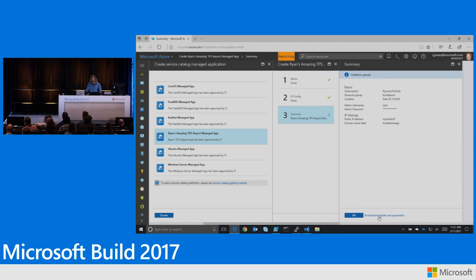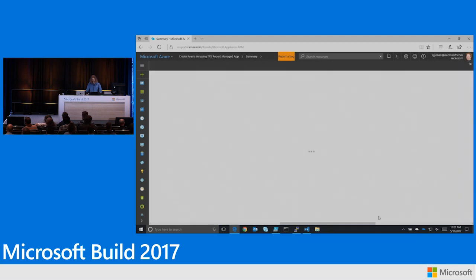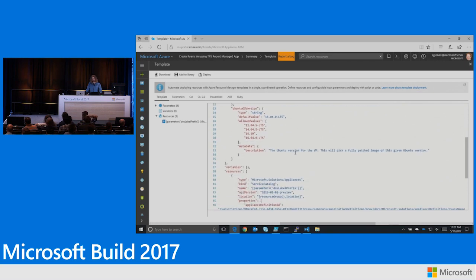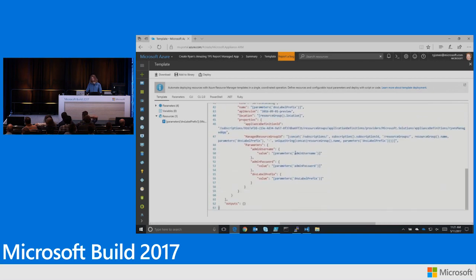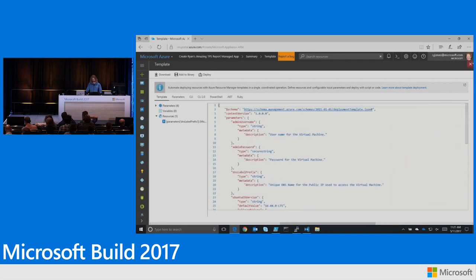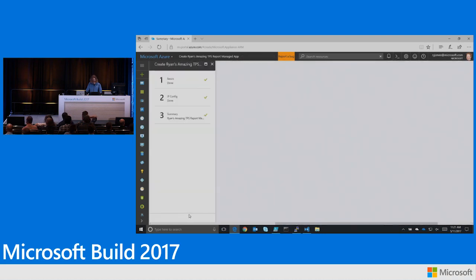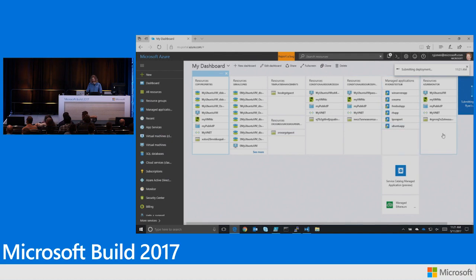It validated that that template should be deployable into my subscription. Now what's interesting here is if I click download, this is that main template.json that we looked at earlier. And so if I click OK, it will proceed to deploy that application. Now that's going to take a little while. So through the magic of television,